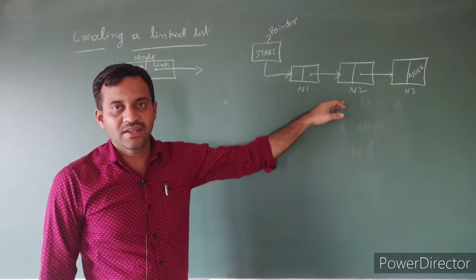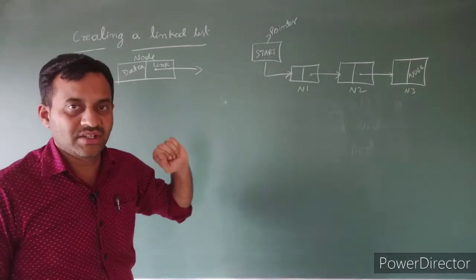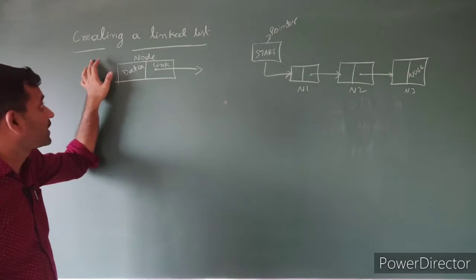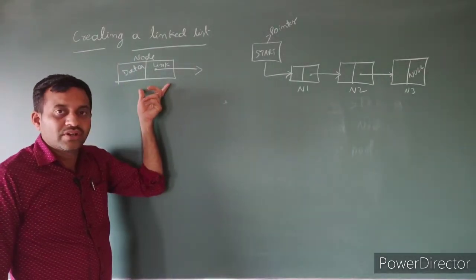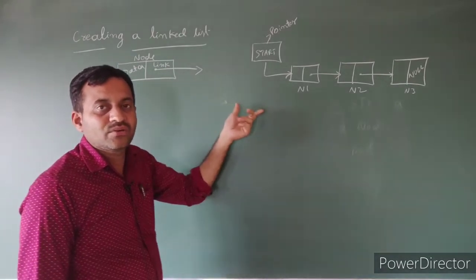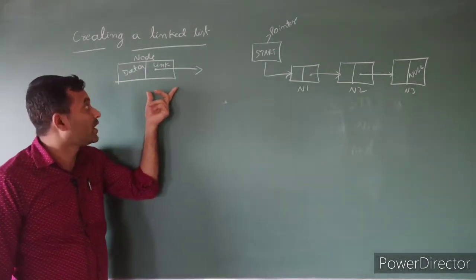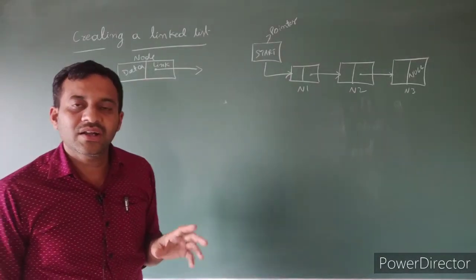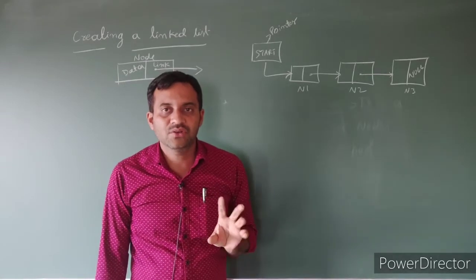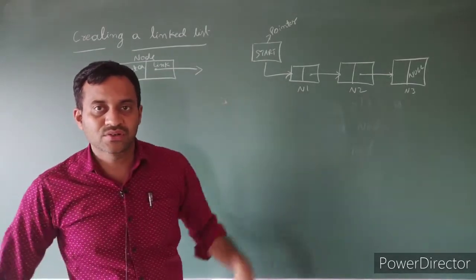Then the linearity is in terms of pointers. That is the basic concept. Using this concept, now we create a linked list. If you create a linked list, we have to create nodes. Every node has two parts: one is the data part, another one is the link part. Data stores the actual value, and link is a pointer. It stores the address of the next node.